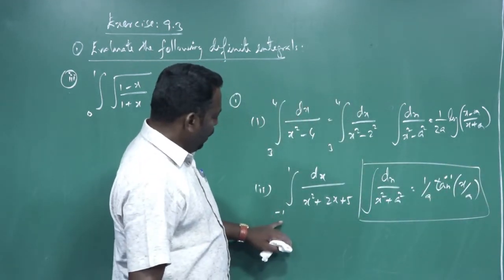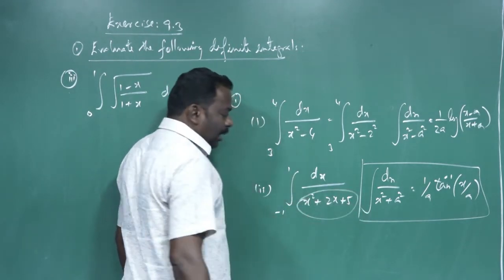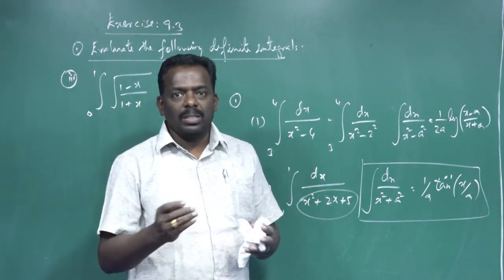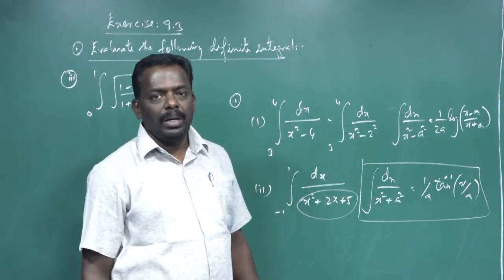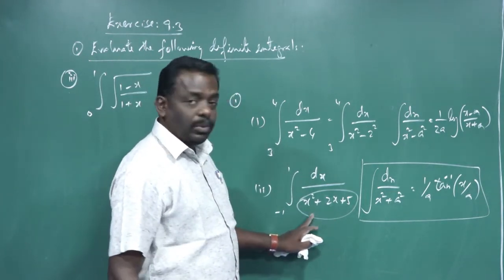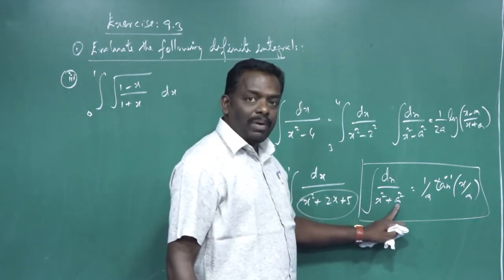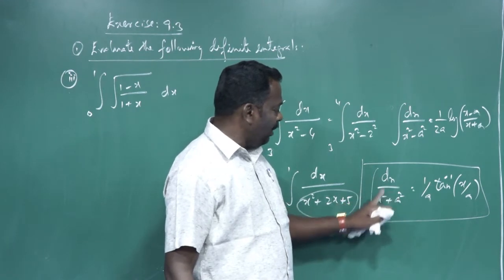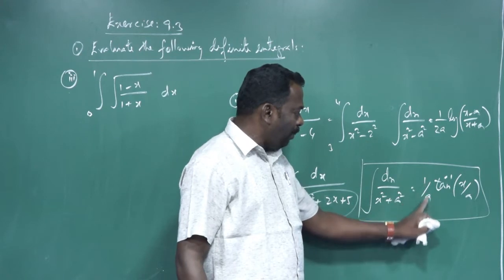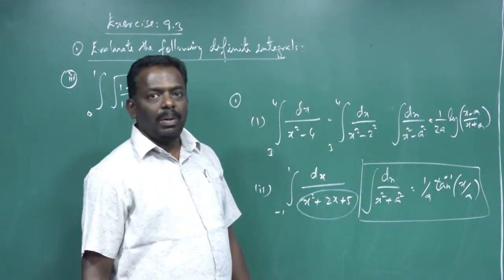Once again, this is the second subdivision. First we have to consider the denominator, applying the completing square method. You know, in example sums we have discussed the completing square method. Using the completing square method to convert this denominator to a square form, the denominator comes in the form of x square plus a square. Therefore, applying the integration of dx by x square plus a square is equal to 1 by a into tan inverse of x by a. Apply this integral formula to simplify.